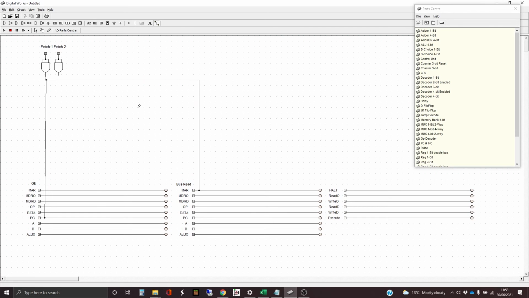And we also want to tell both, in fact, of the memory banks to read at this point. So we're just going to connect those together. Read out and